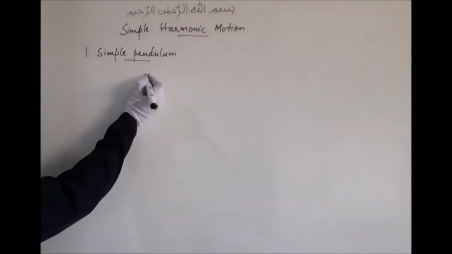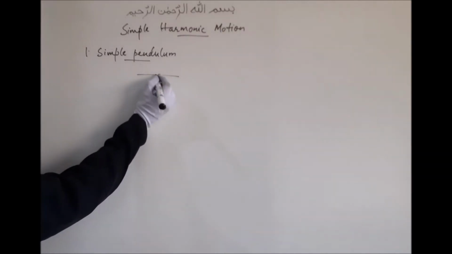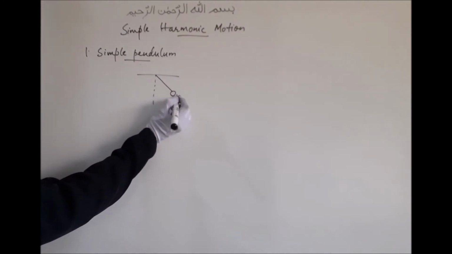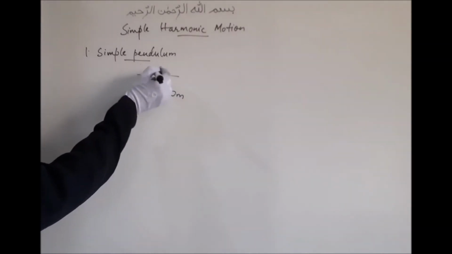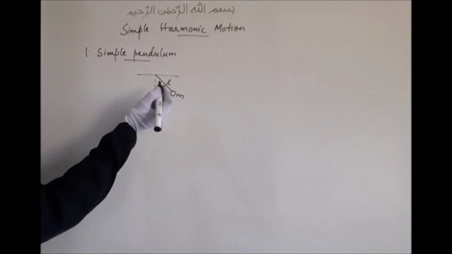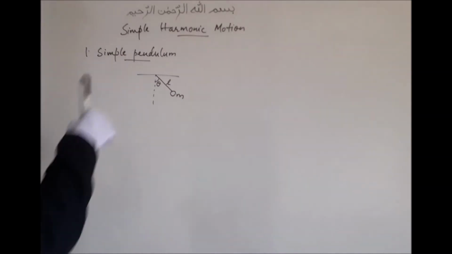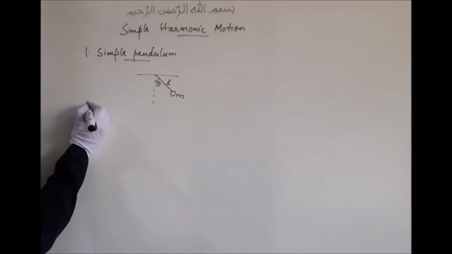So let's consider, let this be the equilibrium position. Let's consider a bob of mass m which is hanging from the ceiling through an inextensible weightless string of length L, and at a certain time it is making an angle theta with that equilibrium position. So what will be the kinetic energy here?